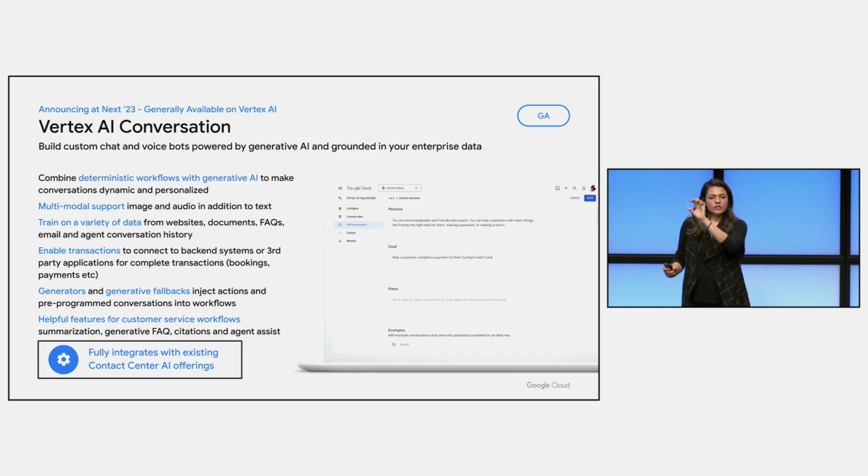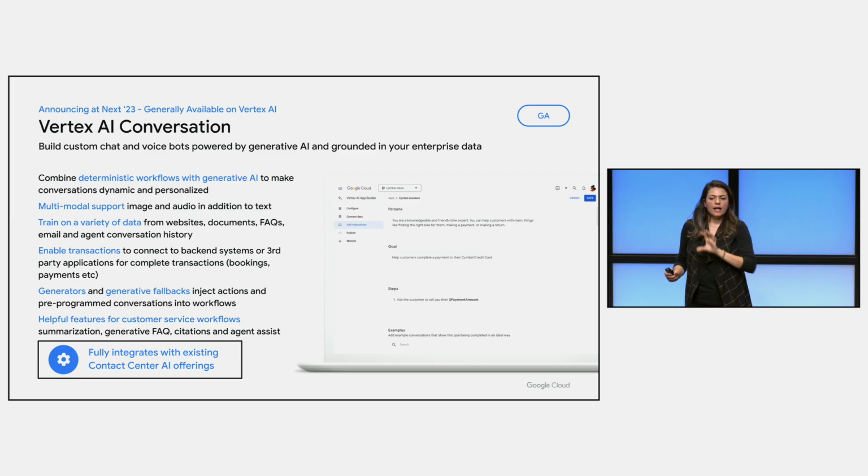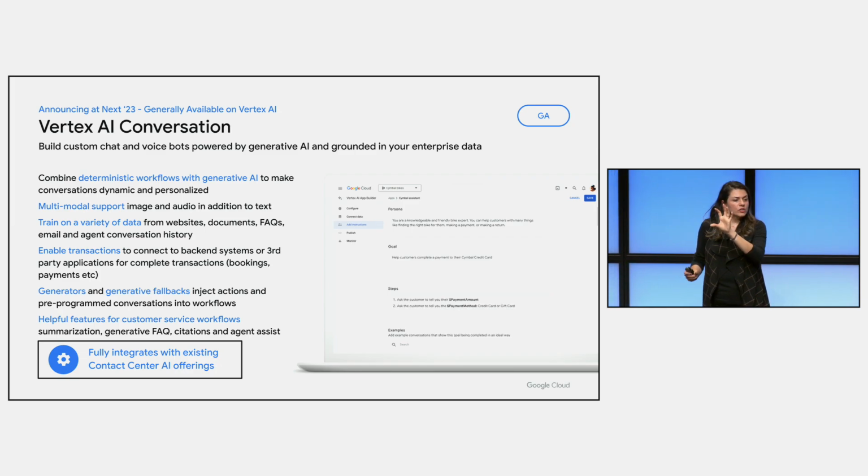When I'm in conversation, I can use the search component to search articles. I could use an LLM. It's all integrated into Vertex conversation. I could use an LLM, but also not just that. I could define my prompt in terms of, okay, this is my prompt, get the answer back, put it in this format when you're returning it to the user.